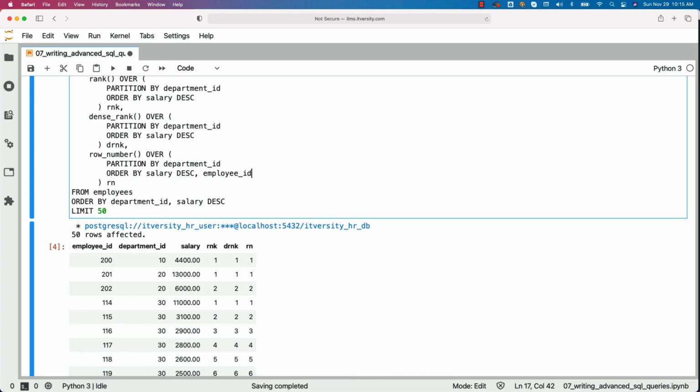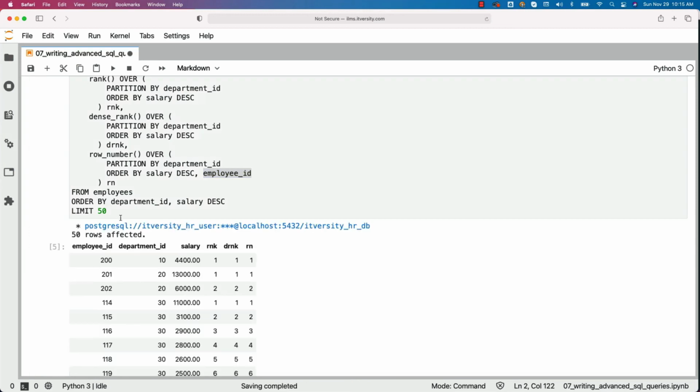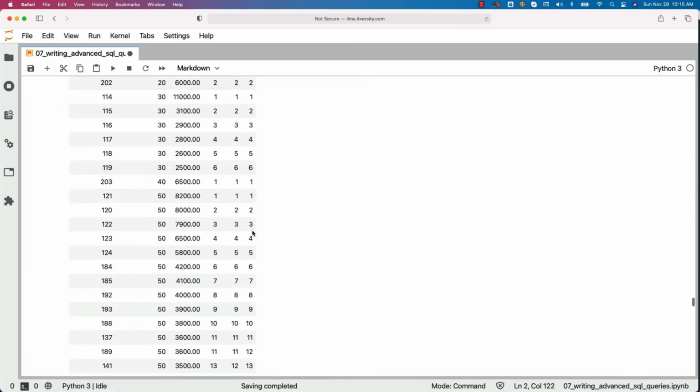However, still it will not solve the purpose with respect to ranking, but in some cases we might want to assign some unique number for each and every record based on certain criteria. In those scenarios, we can use row number with this approach. Especially, we can add unique key like this to make sure that the same record is assigned with the same row number in each and every run. You can run this and it will work without any issues. Wherever there are contentions, it will actually fall back onto the unique ID such as employee ID to assign the same row number in each and every run.